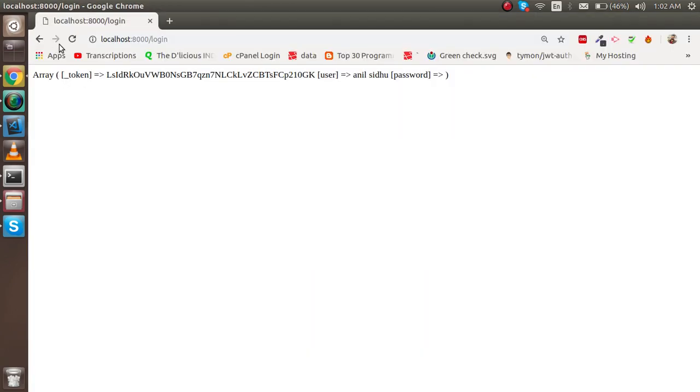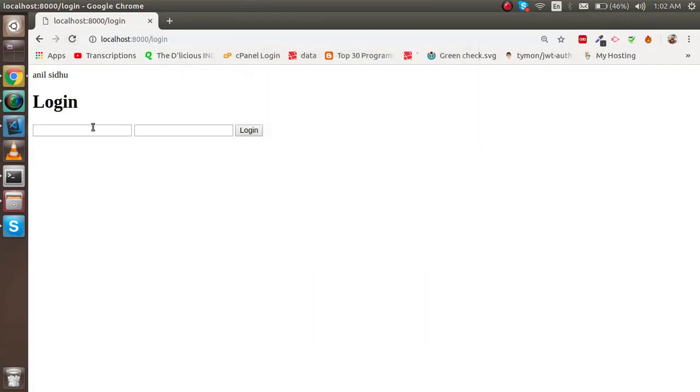Okay, so just reload, then you can see that we got the Anil Sidhu with the Anil page, because the condition is not satisfied. If I put the Anil,